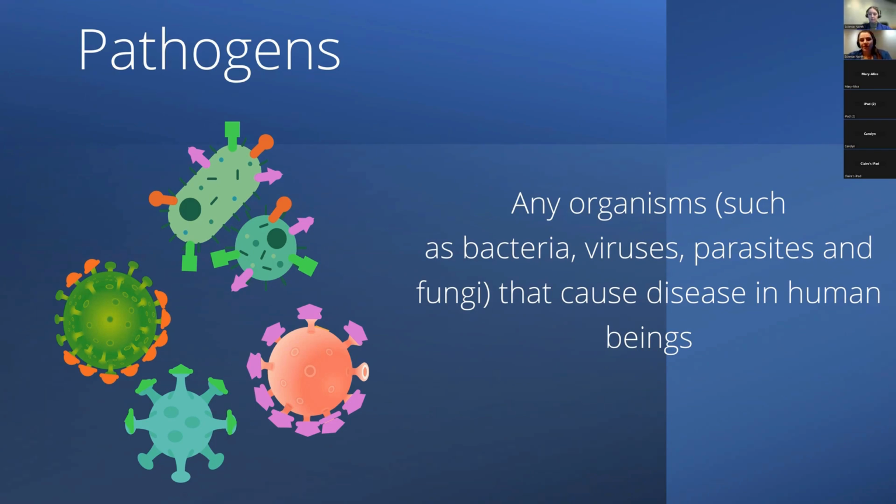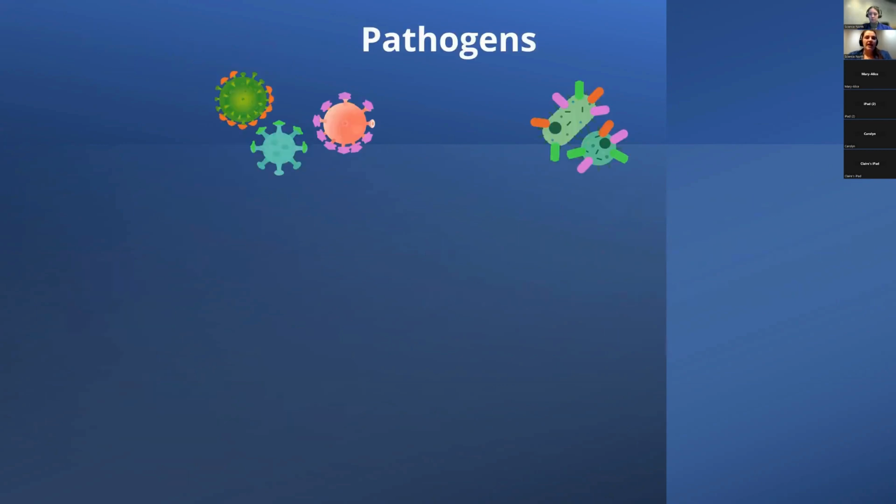They do this in a variety of ways, but what I wanted to do is focus on two very specific types of pathogens. We're going to dive in a little bit closer and have a look at viruses and bacteria. They're found in almost every single ecosystem on Earth. They're everywhere. And you might have heard these terms being used interchangeably, but there's actually a lot of differences between the two, and I want to dive into those just briefly.